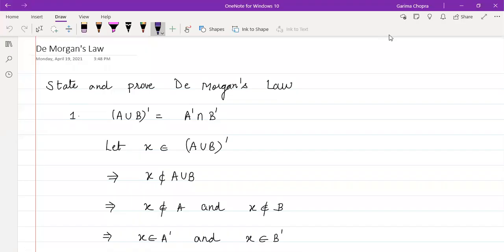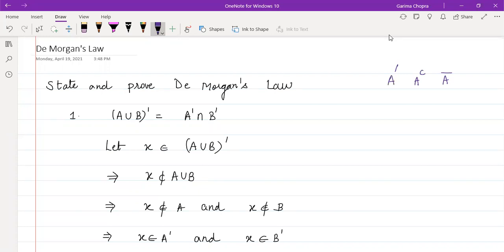So let us take the case of De Morgan's law, and let us see how we can prove that the set which is present on the left hand side of De Morgan's law and the set which is present on the right hand side are equal. For the complement, we have one notation, which is this one. Another notation is this one, where C stands for the complement, and another one is A bar, which again stands for the complement.